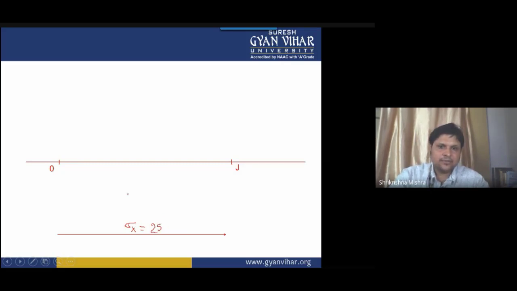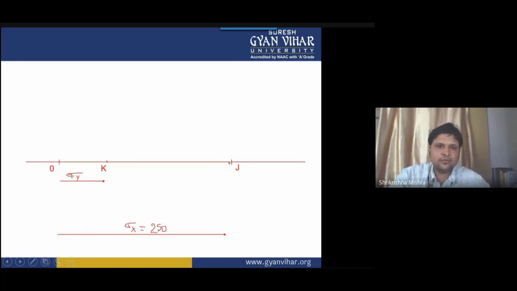All right, and sigma y is also given to us. So again, from this point O, we will take a length equal to sigma y, and we will mark a point here. This will represent the point K. OK is equal to sigma y. Then the shear stress value is given as 25, and its nature is clockwise.